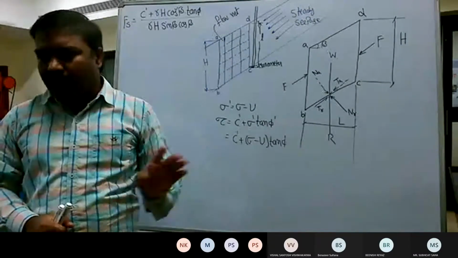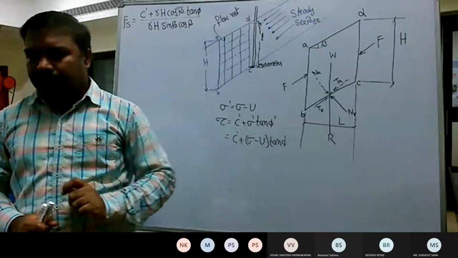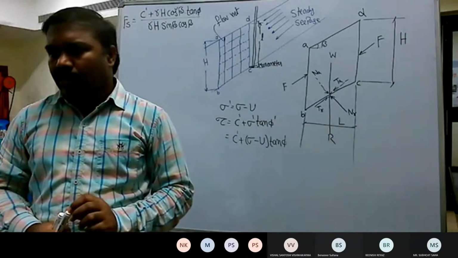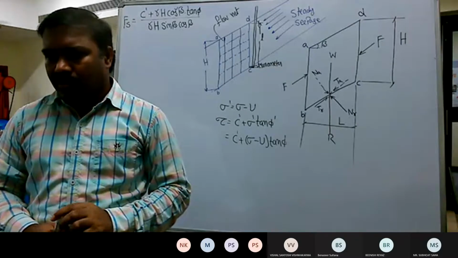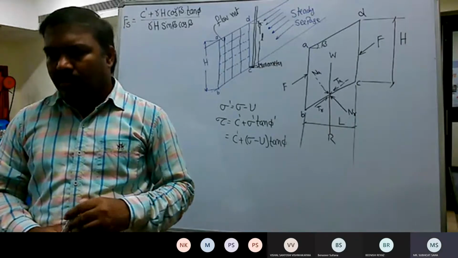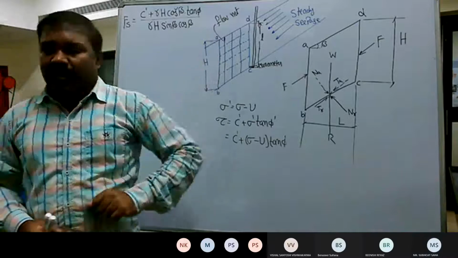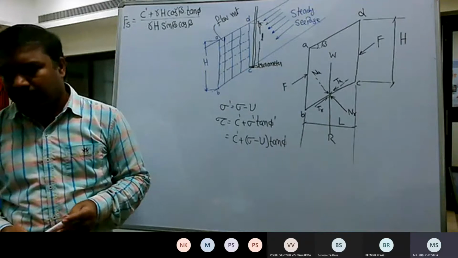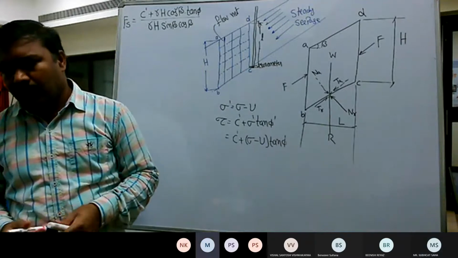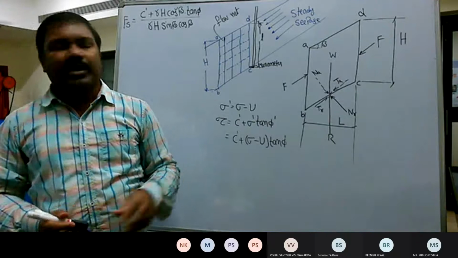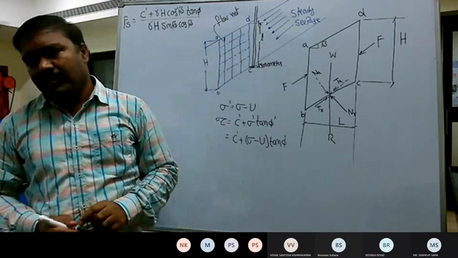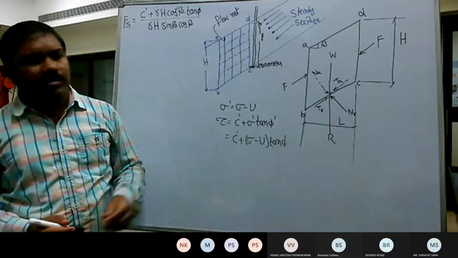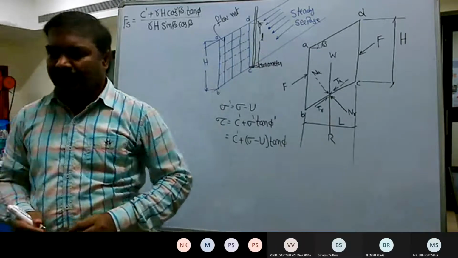Is it clear to everyone, or does anybody have any question? Sir, L is the seepage head here, right? No, the rise of water level. Yeah, you can say seepage head. Where is the water table? There is no water table here. There is a steady seepage condition. We are not taking the water table. That we have already discussed. That is the static water table. But here it is a dynamic condition, steady seepage.